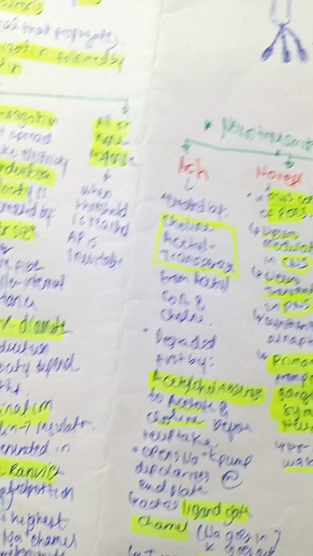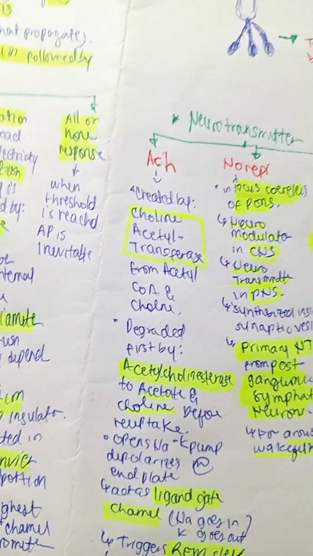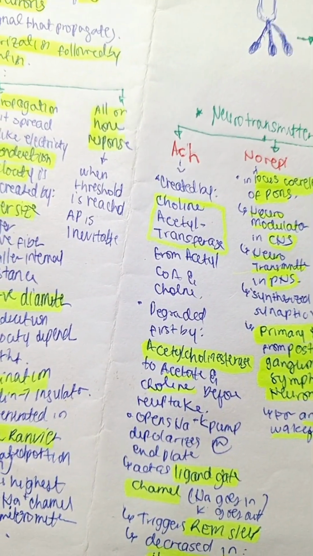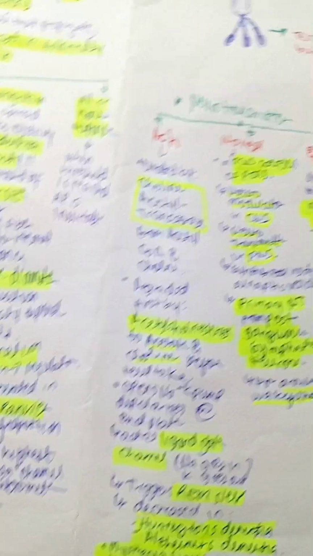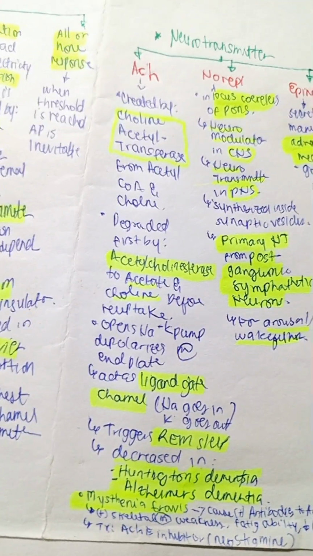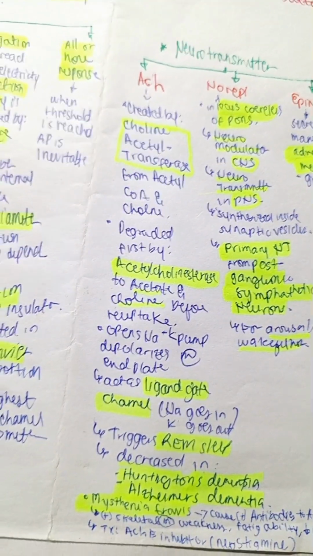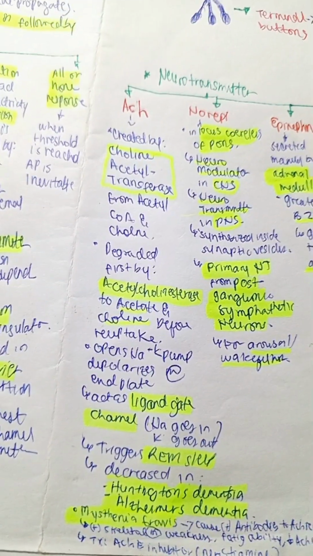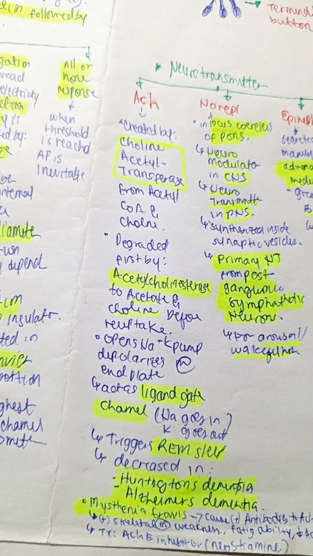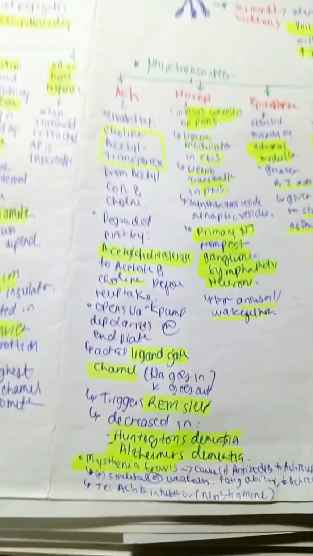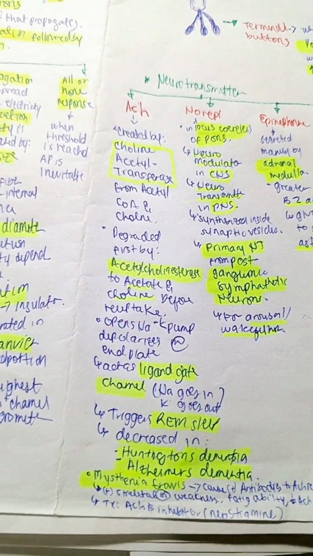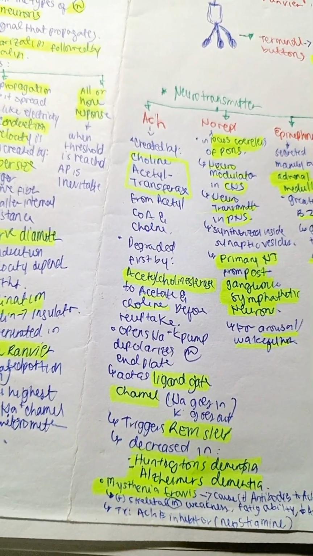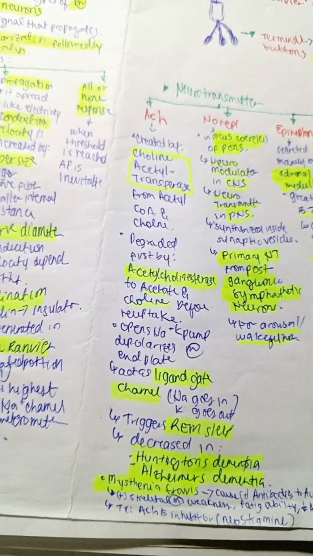And this is degraded first by acetylcholinesterase to acetate and choline before the reuptake, and it opens the sodium-potassium pump, depolarizes the muscle end plate, and it acts as a ligand-gated channel, where sodium goes in and potassium goes out. And this acetylcholine triggers REM sleep, and this neurotransmitter is decreased in Huntington's dementia and Alzheimer's